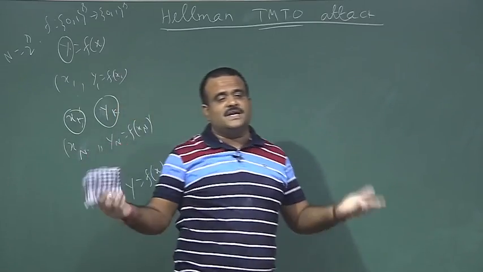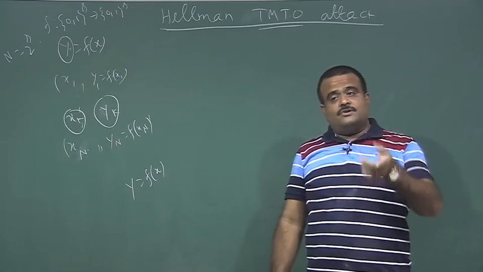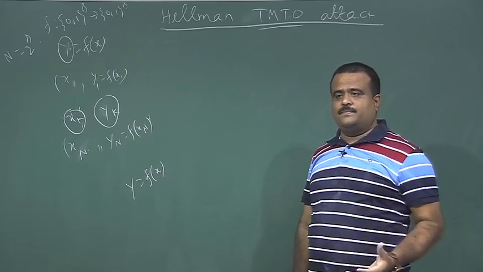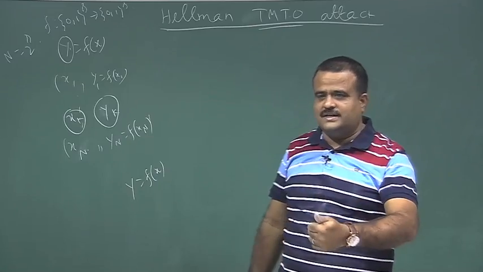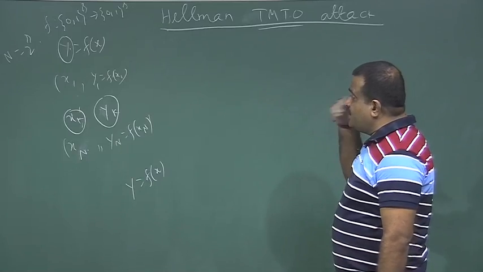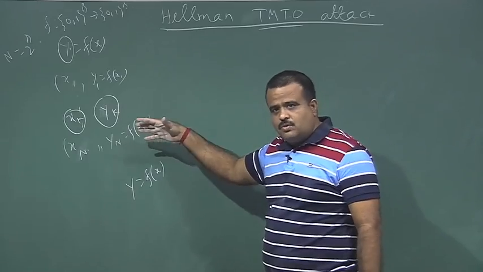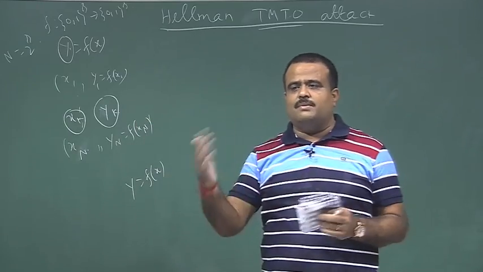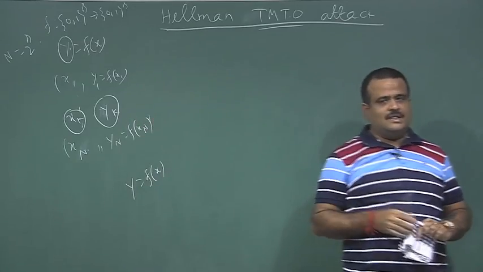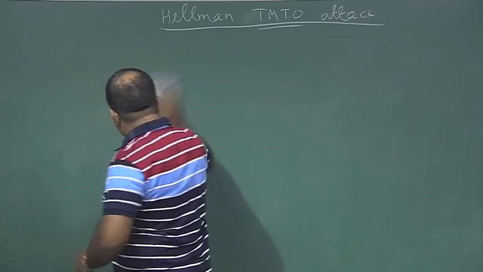Where are we keeping this table, on a CD or a hard disk? That time should also be considered in the run time, because if we keep this in RAM, then it will be faster than accessing the hard disk. So, that time also should be considered. Now, time memory trade-off means that here our online time is less, but memory is more. So, somehow if we can trade off these two, time and memory, we have some memory, not very much, and we can spend some time online. So, there is a trade-off. So, that is the idea of